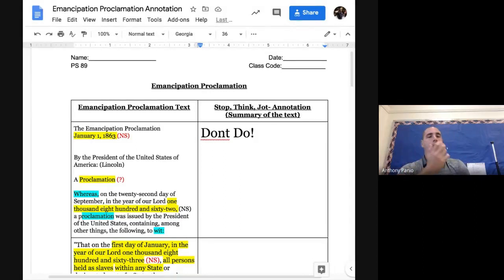History readings and primary sources can be really tricky at times because they're written in a language that is not like 2020 language, not language you're used to. So some of these topics and some of these words can be very complicated. So we need to try and do our best to break down what these words mean. Now, you'll get to points where you don't know what certain things mean. The one benefit is you have Google, so you can search up a word. Let's say, again, proclamation. If we didn't know what that word means, we can look it up and try and break it down as best we can. Okay?